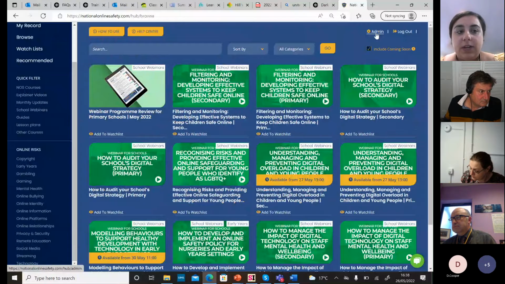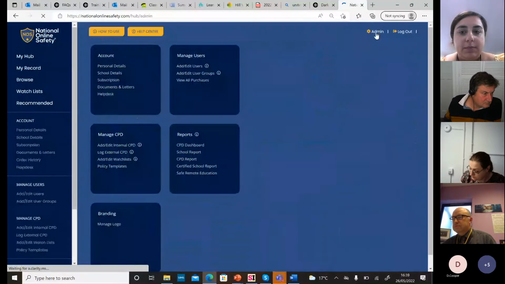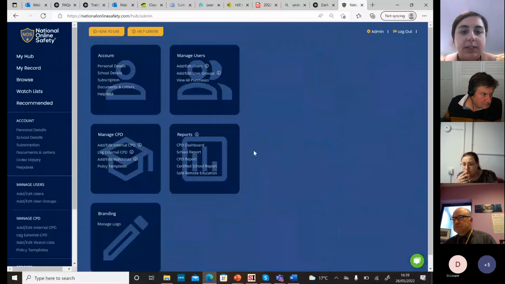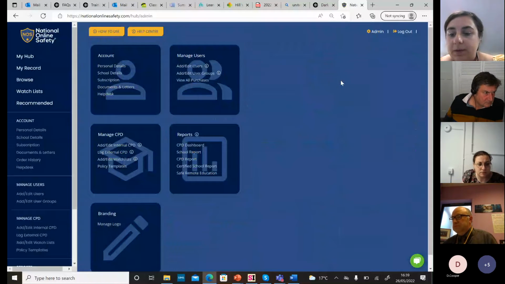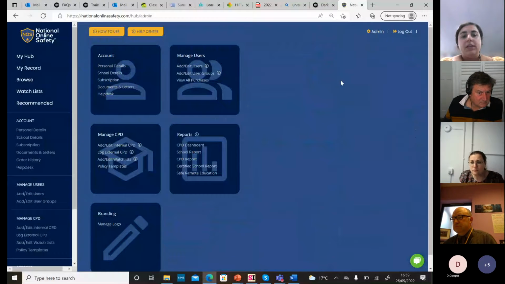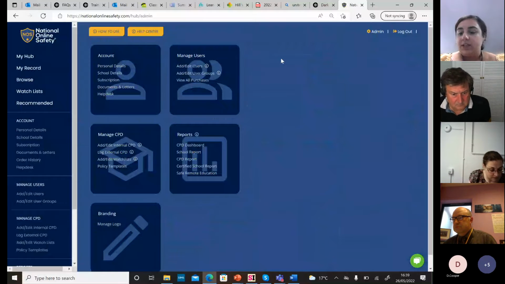The one thing that they didn't really talk to me about much until I had a meeting with them is the admin section, which is great. You can group people and assign CPD to groups of people in a couple of clicks, which is excellent because then you can see overall who's completed what. You can get it to send automatic reminders with one click of a button that a deadline is coming up.